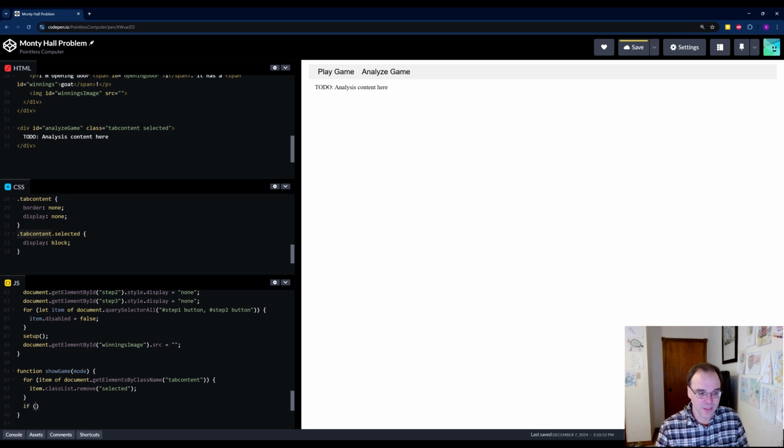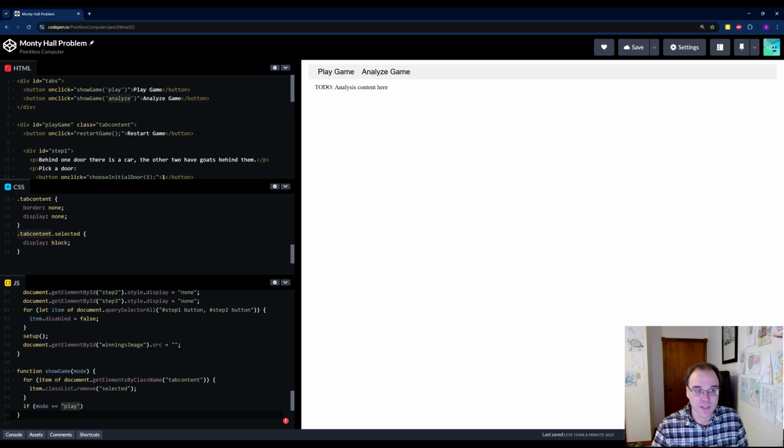If, and we always need our brackets here, or parentheses, mode equals, and remember we need a double equals to compare two things together, not to set it equal, but to actually test whether it's equal. And if mode equals play, and again, JavaScript couldn't care less about single or double quotes as long as you are consistent with the same string, like you can't begin one with a single quote and end one with a double quote. So just a reminder, yes, I can say double quote play here, even though up here it was single quote play. JavaScript considers single quote play and double quote play the same thing. So anyway, if mode equals play,